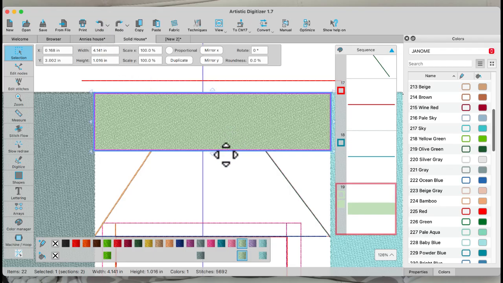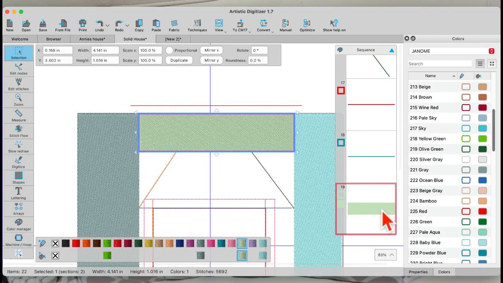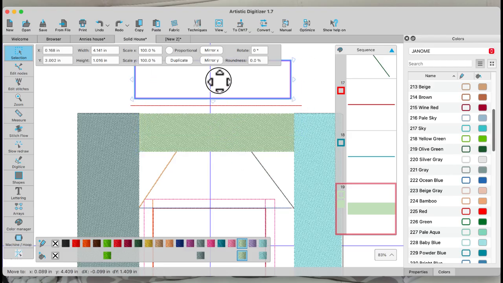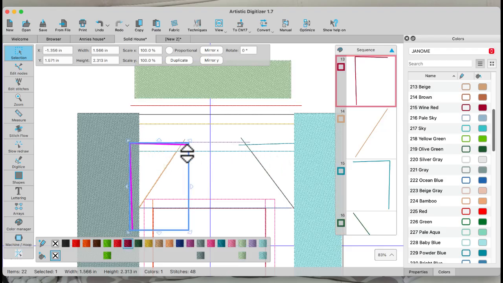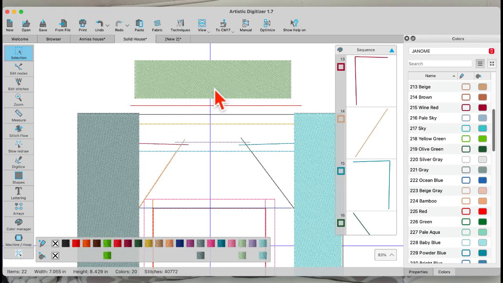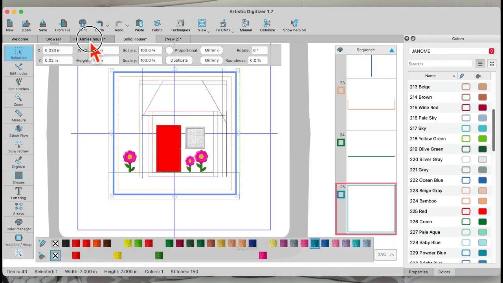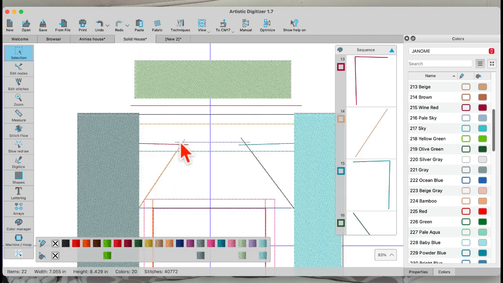I think we need some remove overlaps. Let me see what happens when I drag it up here. Oh, yeah, that's why that's happening. These are those corner pieces. And I must have drawn these, but not kept them on the right line. You see how they come down a little bit? That's not a problem. On my real house over here, they're nice and straight. You can see they're nice and straight. But here, when I drew them, I probably didn't have snap on at that point, and they kind of dripped